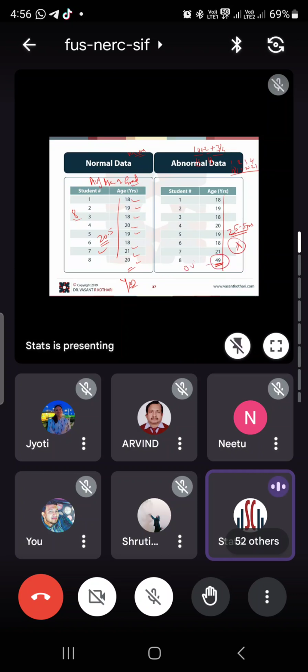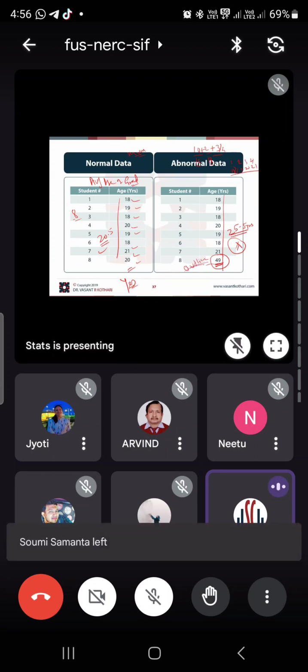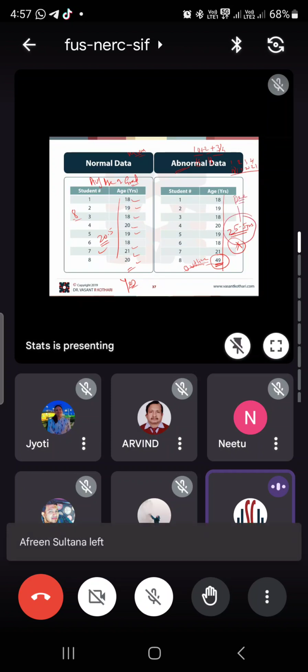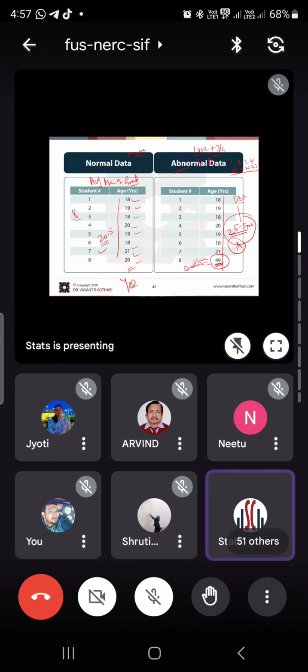because in statistics we call it an outlier. The moment I have one data point which is not a normal case, in a full-time graduate class, a 49-year-old student is not a normal scenario. So this is an abnormal case. Now the moment I take this data, and if I take any decision based on this data, then obviously there is a good possibility that I will go wrong, because of the abnormality in the data.